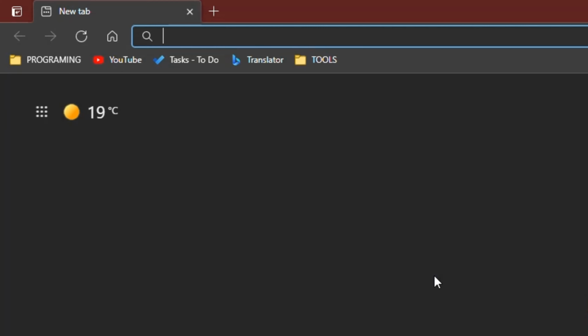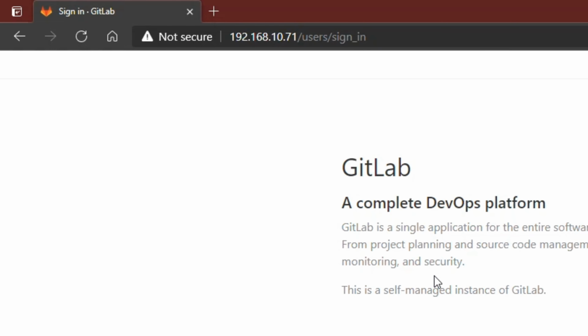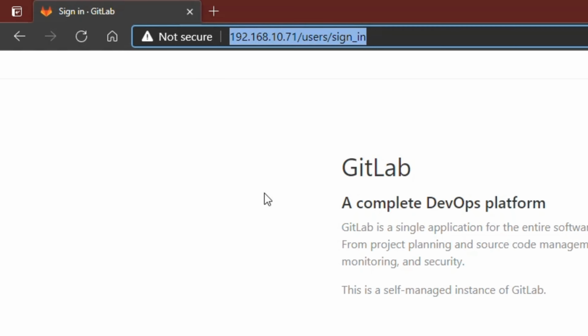Type your GitLab Community Edition virtual machine IP or your localhost name. It can be your local host name too, works fine.